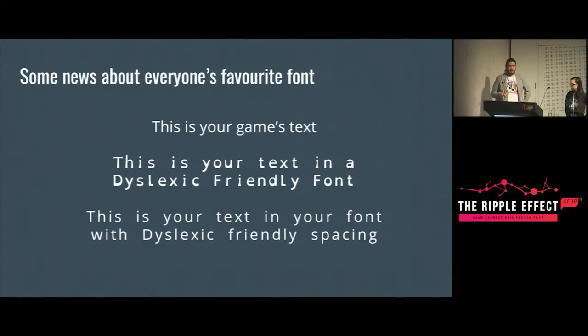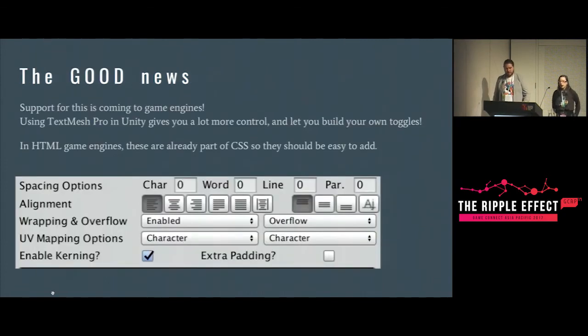So if your game engine, Unity supports this now with Text Mesh Pro. It is not in Unreal yet, but it definitely is in HTML because you have the letter spacing and word spacing properties. You can start embedding this now, and I was talking to someone online on Twitter, and it took them 5 minutes to implement a toggle. When we talk about ripple effects and little things that make a big difference, if you can spend 5 minutes increasing your letter spacing, congratulations, you just made your game more accessible.